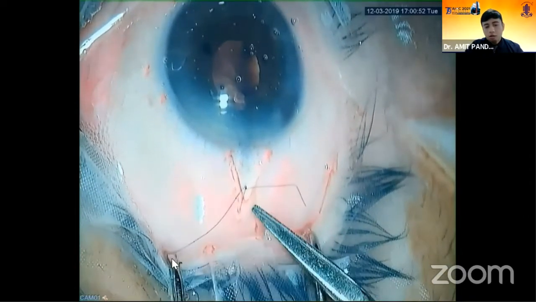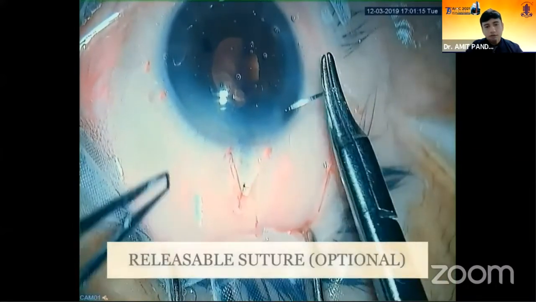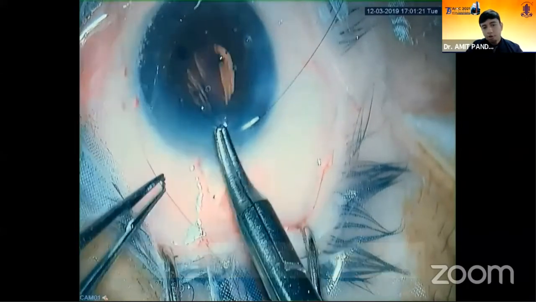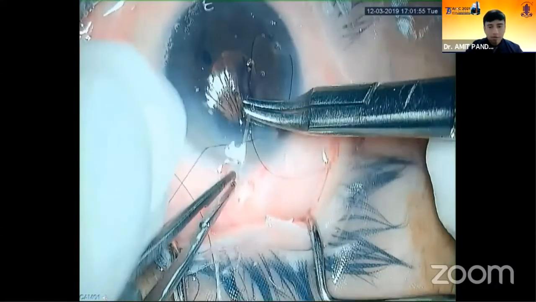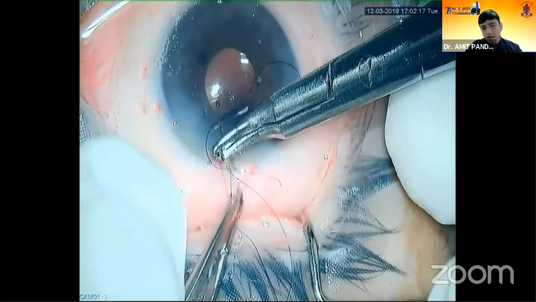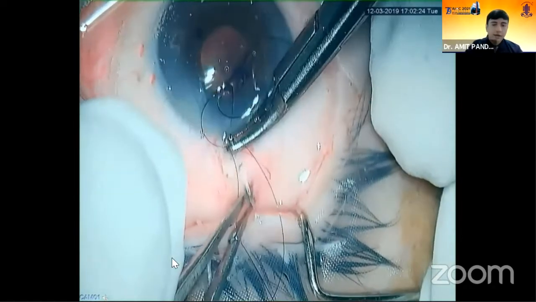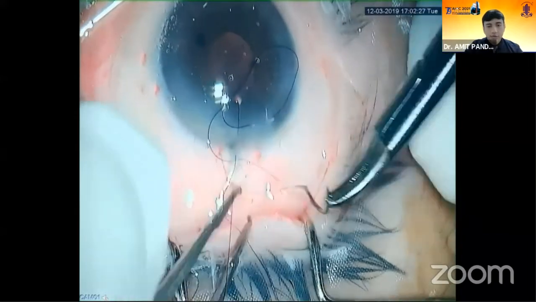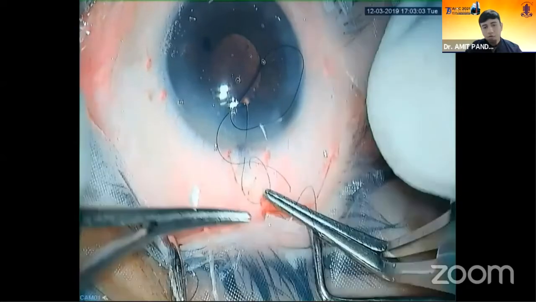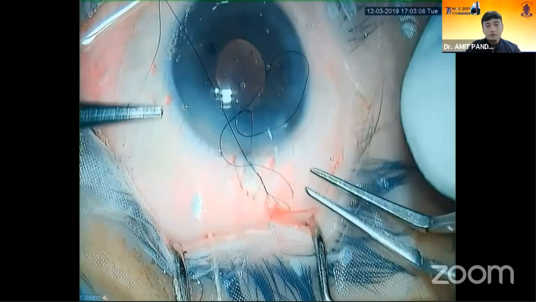I also take, for added safety, a releasable suture at one side of the scleral flap. This is optional. The company says that one apical suture would be enough, but to prevent early post-operative hypotony and flat ACs, if the patient rubs his or her eyes or sleeps on that side, I take this releasable suture, which I remove quite early in the post-operative period, at around the third or fourth day if there is no hypotony.